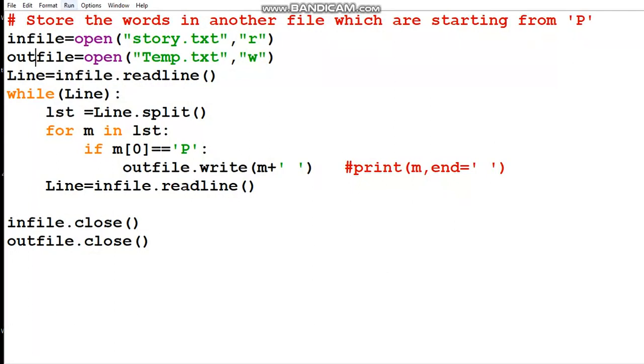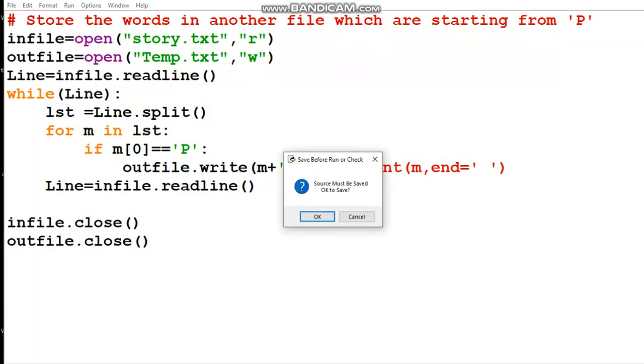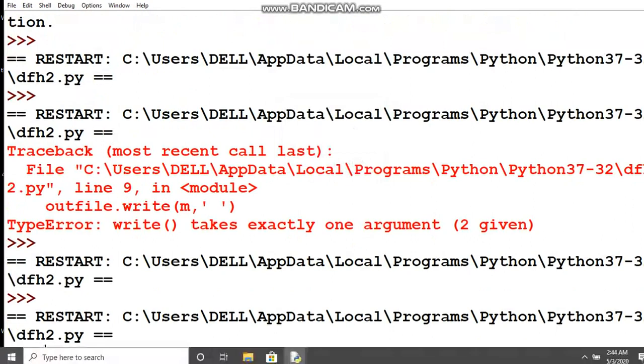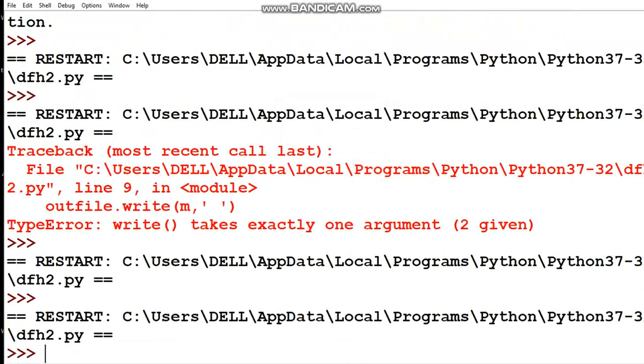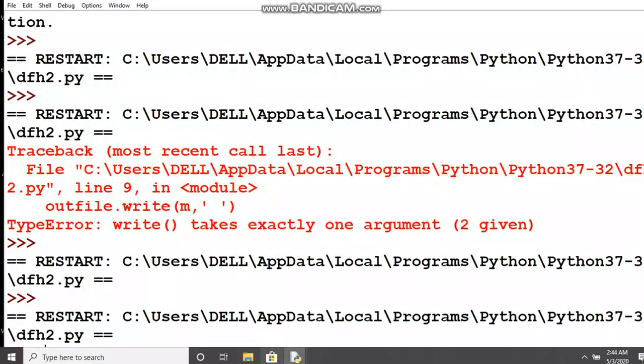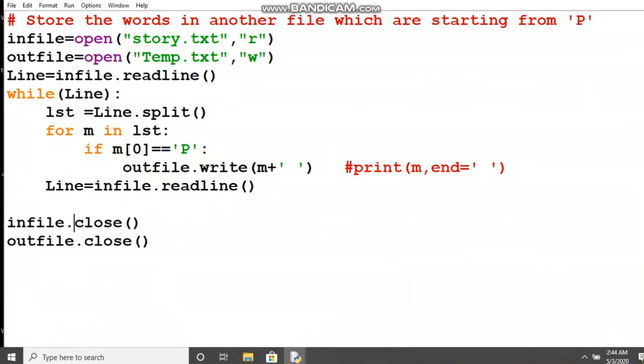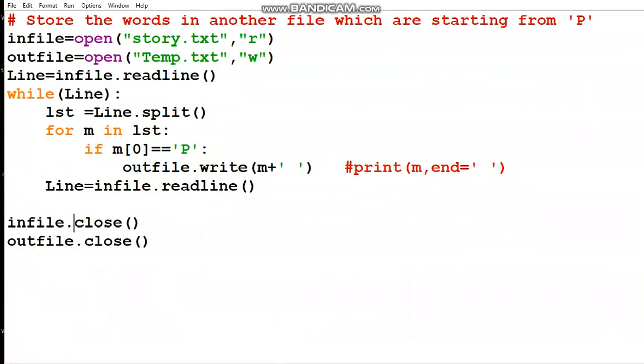Now when we run this coding, the output won't be shown on the shell prompt, because nowhere in the whole program have I written the print statement. But I still need to run the program, so let us see. After running, my screen is not giving any outcome. Here it is blank. The reason is there is no print statement. Then what has the program done? The program has stored the output data in temp.txt.